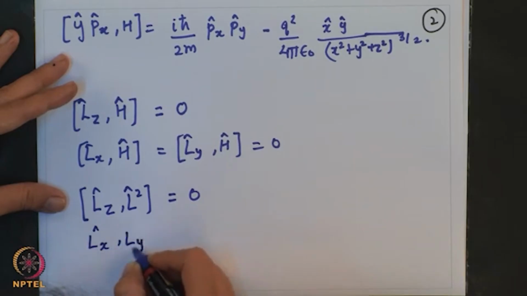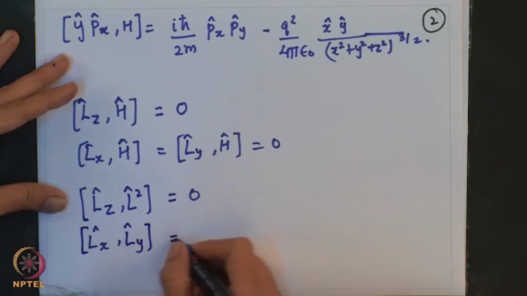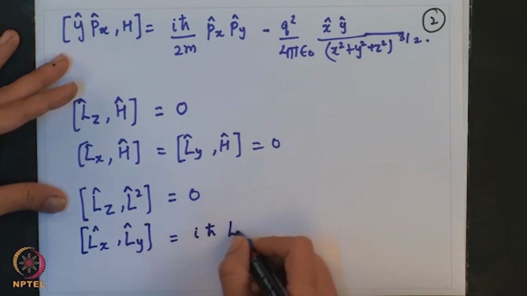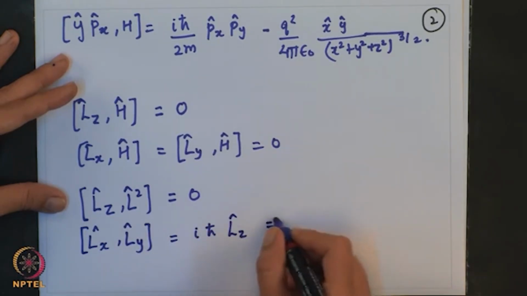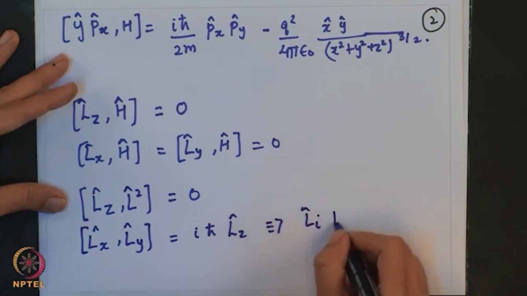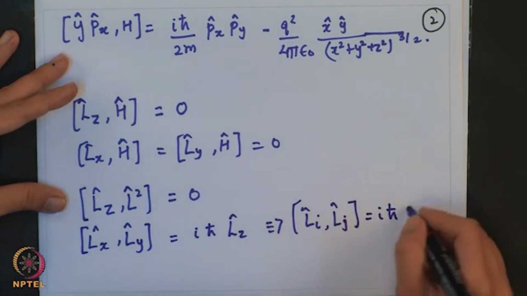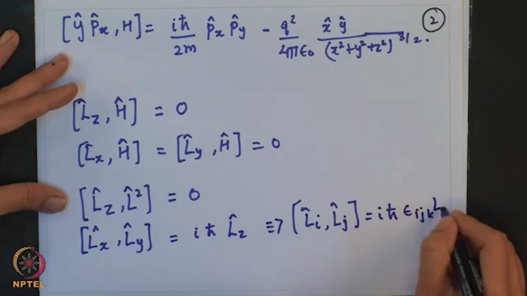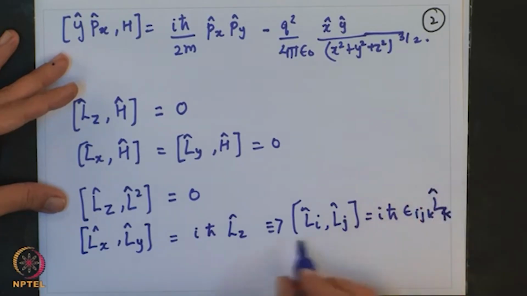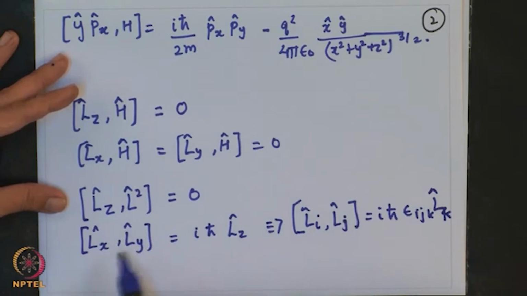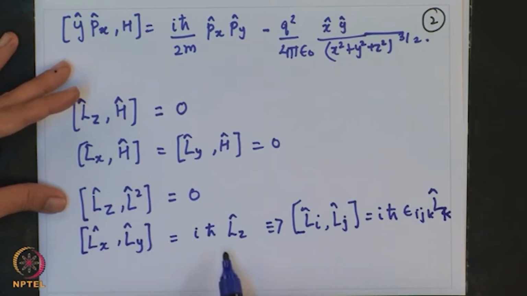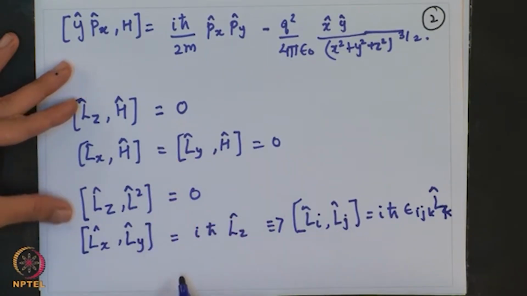And you also know this relation: in general, Li Lj commutator is i h cross epsilon ijk Lk. When you make a cyclic rotation you will have 3 commutation relations which result in Lx, Ly or Lz. I am writing all these because we want to find the maximal compatible